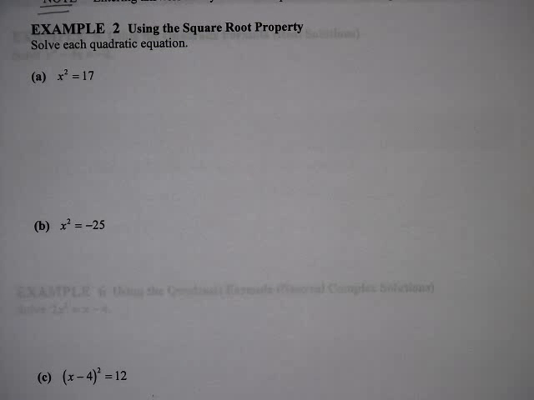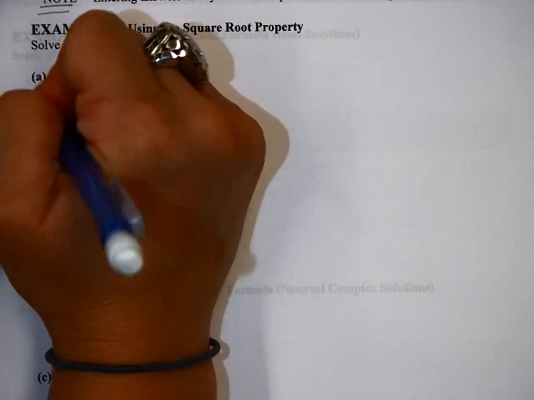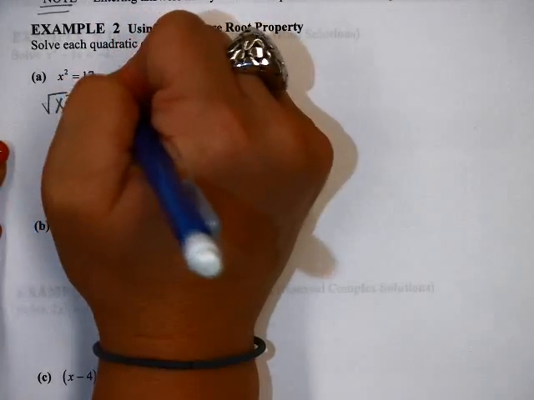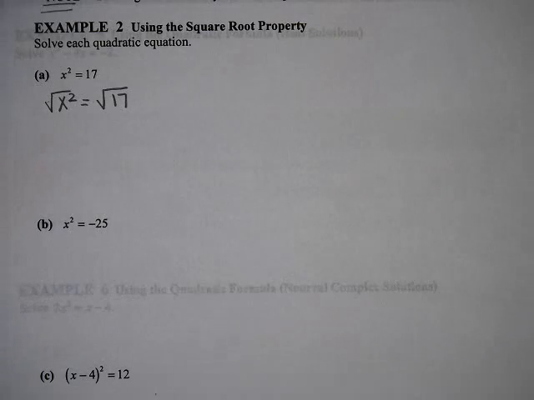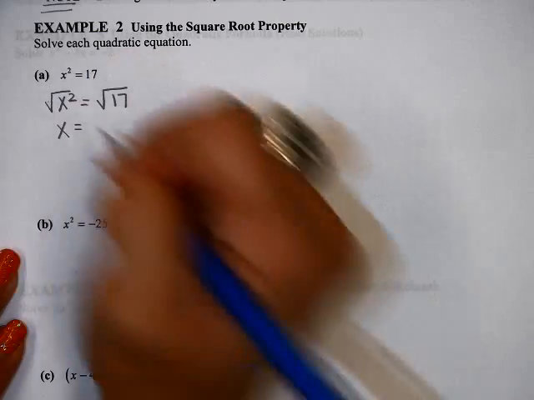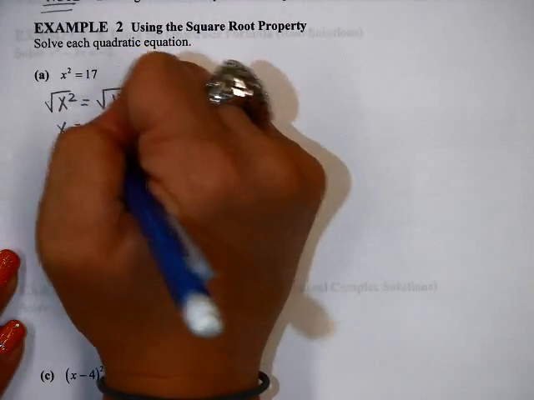Now, in example 2, we are going to be using the square root property to solve these quadratic equations. So if you look at example 2, part A, we have x squared equals 17. According to your square root property, we can take the square root of both sides of the equation. That gives me the square root of x squared equals the square root of 17. Now the square root of x squared is x, and the square root of 17 is plus or minus the